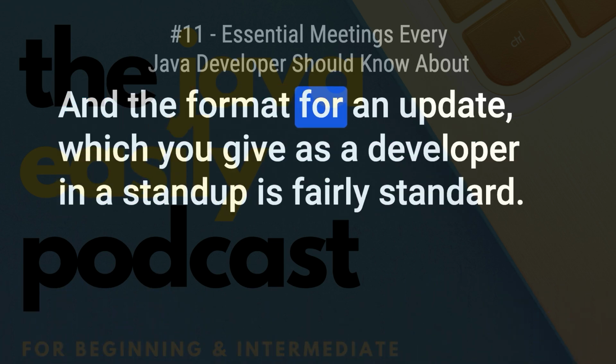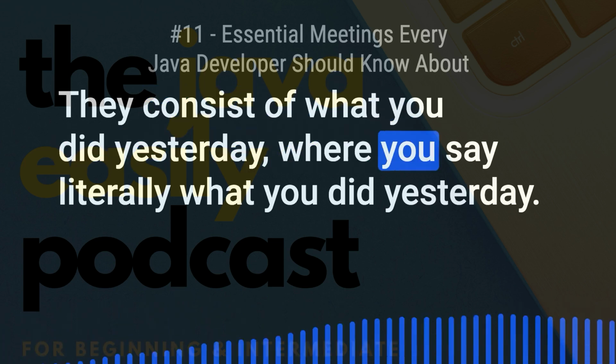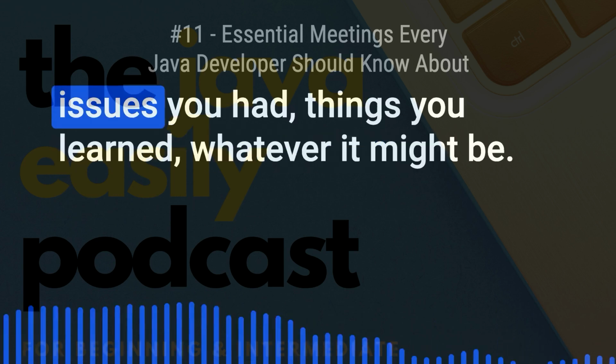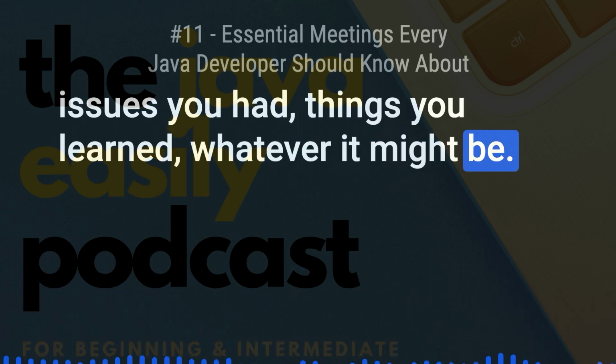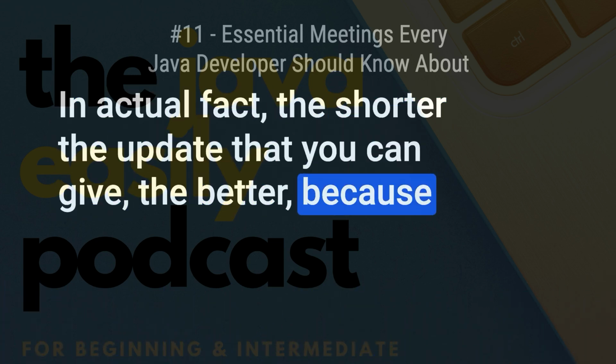And the format for an update, which you give as a developer in a stand-up, is fairly standard. It consists of what you did yesterday, where you say literally what you did yesterday, how it went, what you achieved, maybe some issues you had, things you learned, whatever it might be. It doesn't have to be War and Peace. In actual fact, the shorter the update that you can give, the better, because that's why it's actually called a